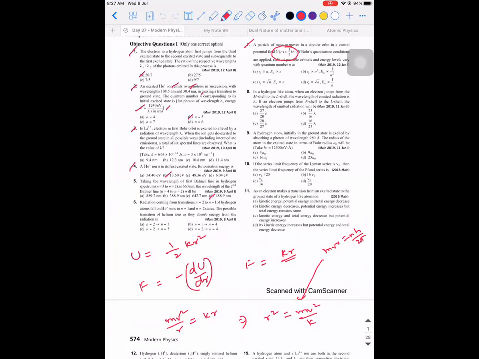Sir, doubt, sir. Tell me. Sir, how is potential energy half kr square, sir? In this case, it is varying like that. Why are you worried about it? Some form of energy. They are saying, had it varied like this, then what would have been the radius? Okay.